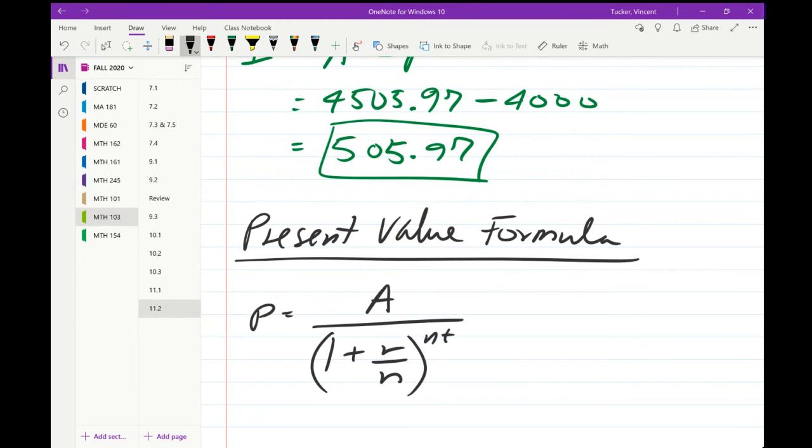All right, so the present value formula is the same formula we just finished using, except you solve for P, solve for the present value. So if you want to know how much money you should deposit into an account, earn a certain